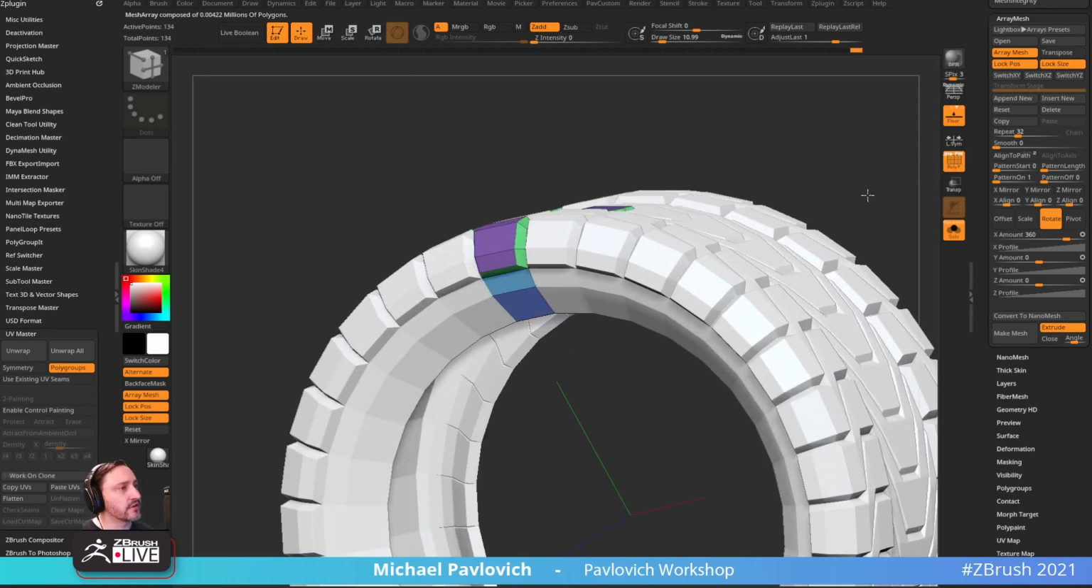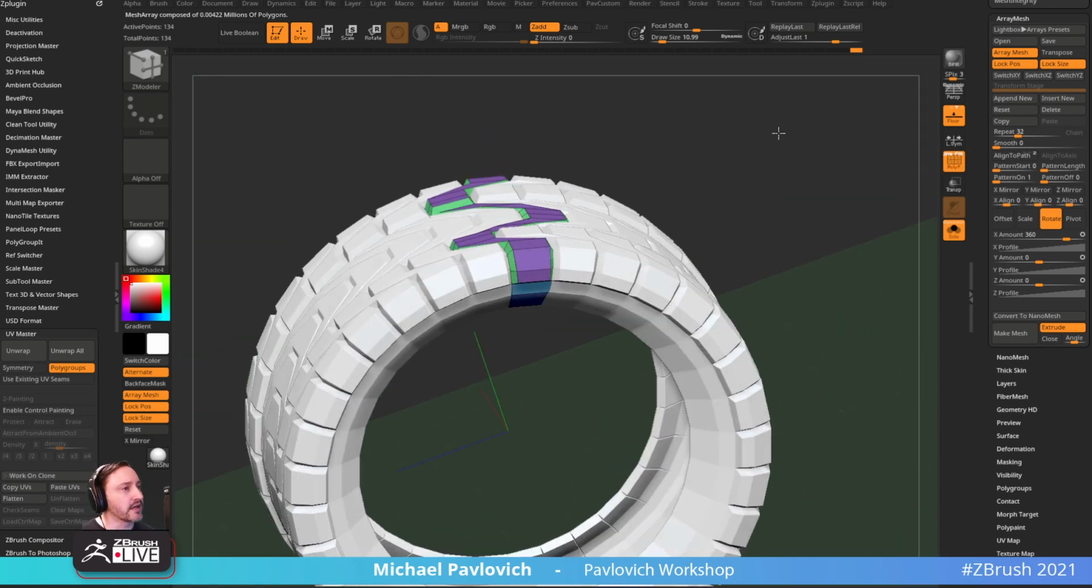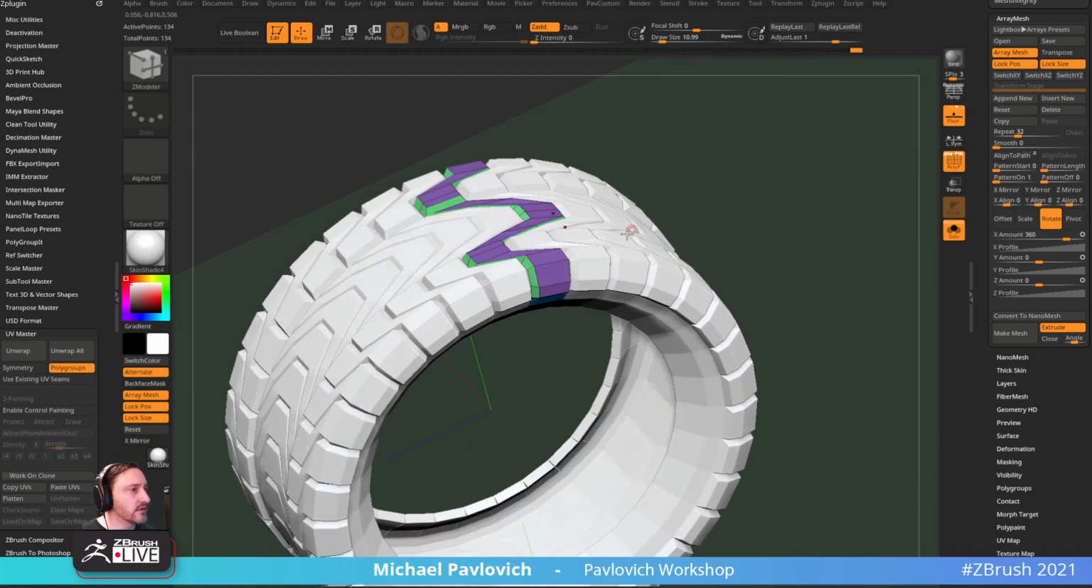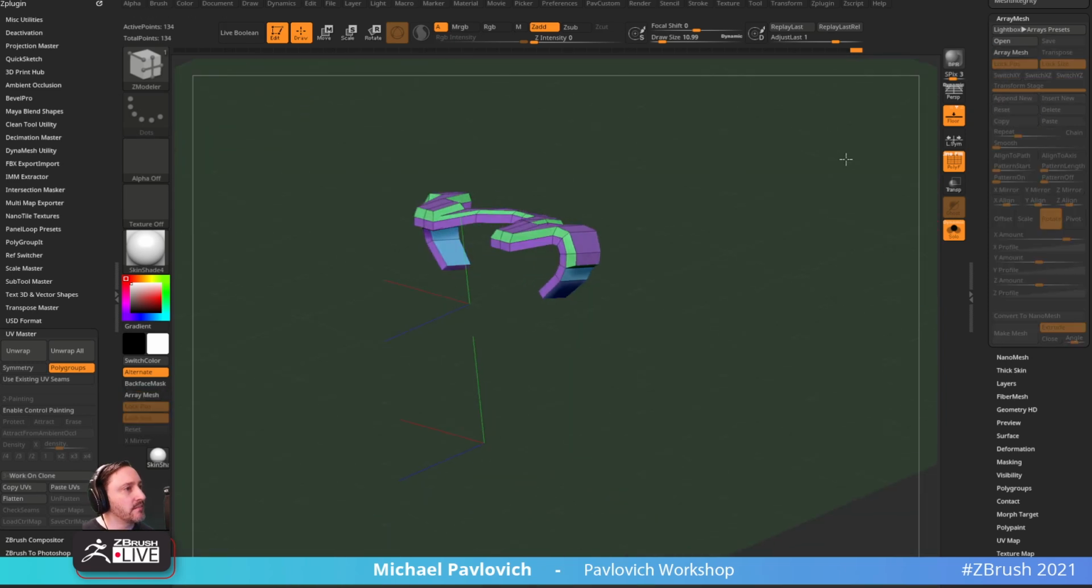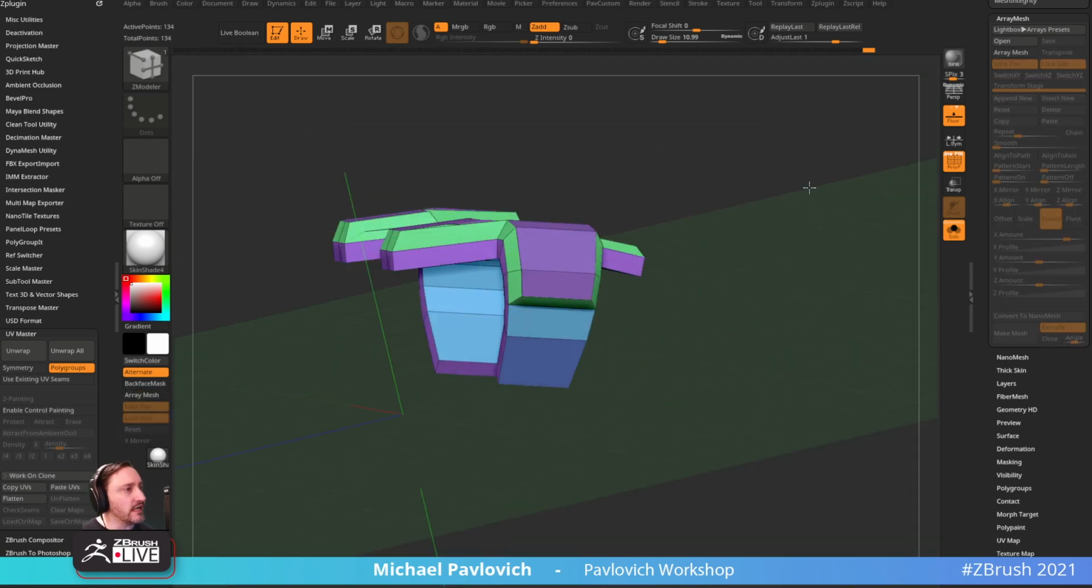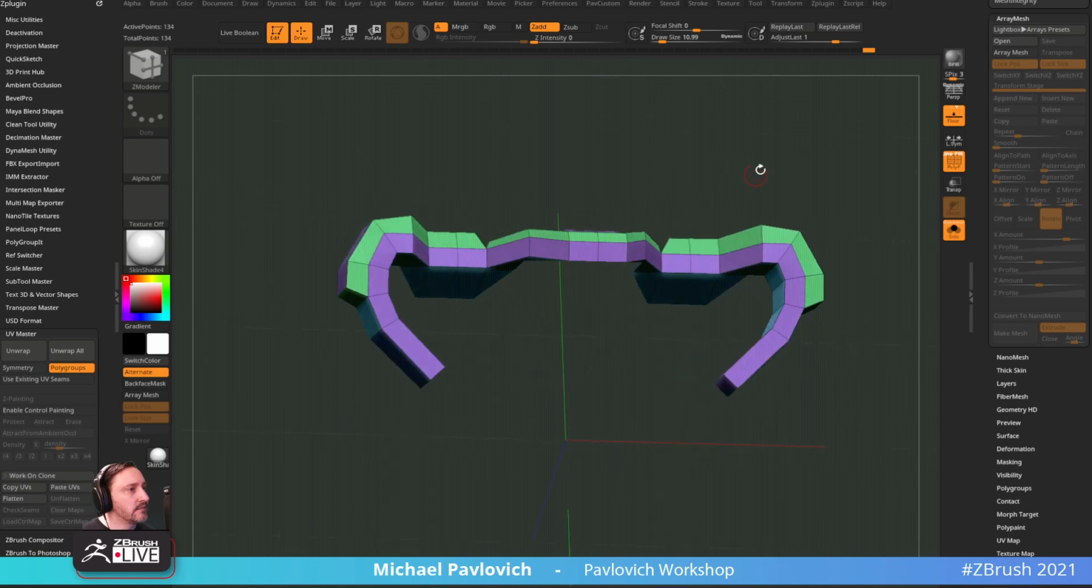Well, unfortunately, this is just a repeated object. So there's a chance you could, if we turn off array mesh, if you're tricky, you could, let's hold down Alt and let's see if we can't do a quick